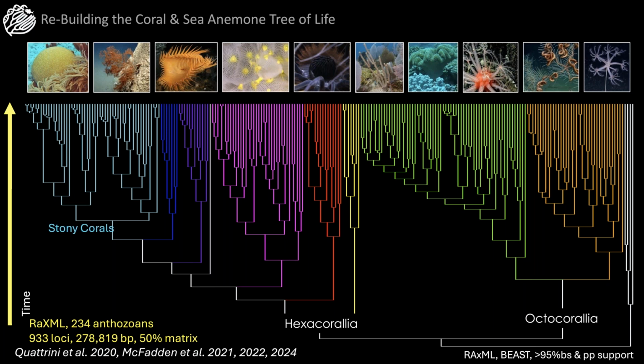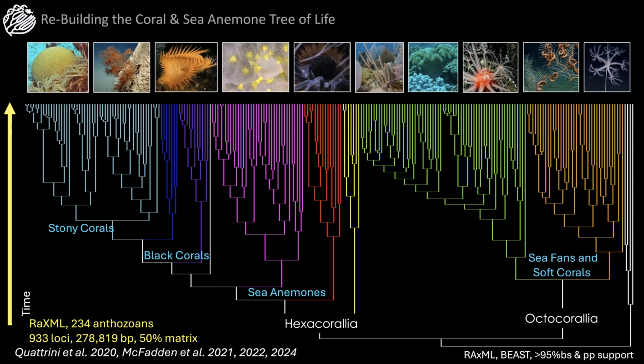This includes the stony corals or the scleractinians, black corals, sea anemones, both the actiniarians and the zoantharians and the ceriantharians, and it includes a clade of sea fans and soft corals. We were able to revise the taxonomy of octocorals. If any of you are interested in octocoral taxonomy, you can find our paper in the Bulletin of the Society